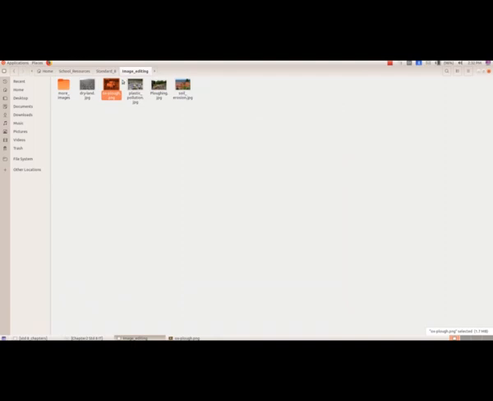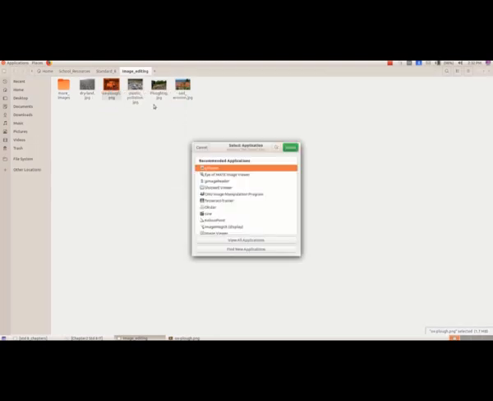We will view the same image using another image viewer. So again, the second option, open with other application, and here I am selecting, as I told you, another image viewer known as Shotwell viewer. Select that, and then we can click select.